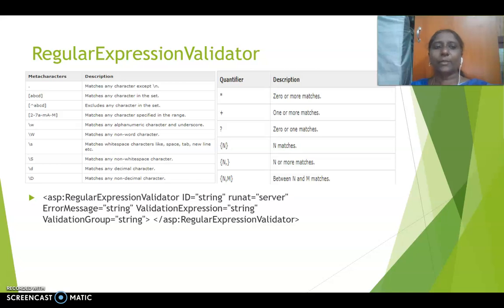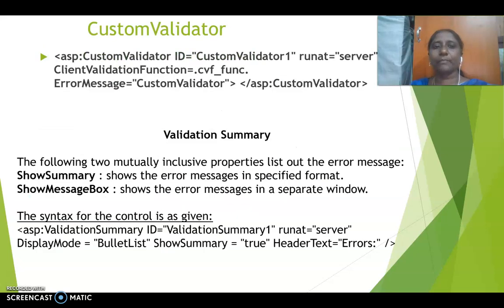In the meta characters, you can use a dot, that is, except this particular character, any value should be there. A very good example for regular expression validator is checking the email ID. Whenever a user is going to fill up an email ID, there should be an at and then a dot, which is a must. So in that case, you can use a regular expression validator.